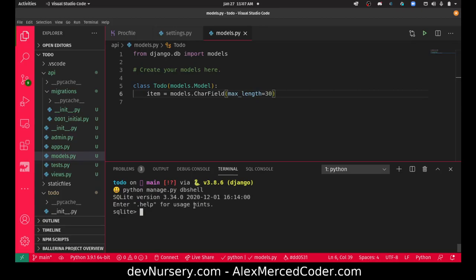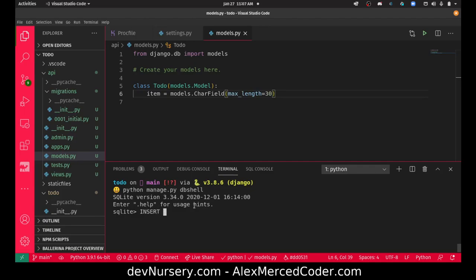The reason I was having trouble here was because when it migrates the table, it doesn't automatically set up the ID field as a serial type field, which means it doesn't automatically go 1, 2, 3, 4, 5, 6, 7, 8, 9, 10. So you actually have to specify the ID manually when you create a new item. So if I were to create another new item, let's just say